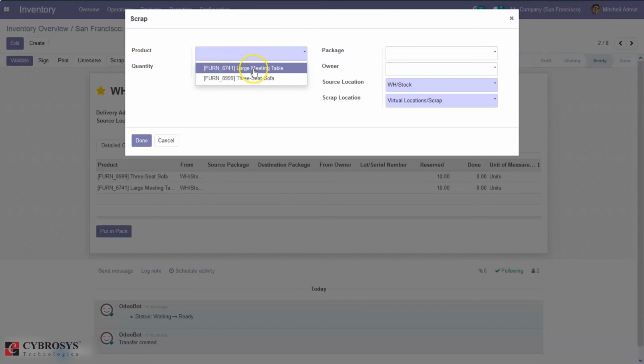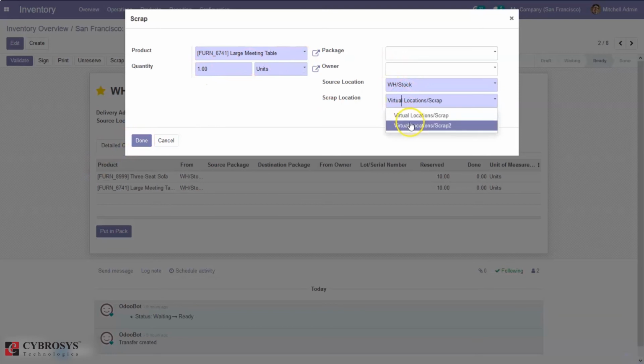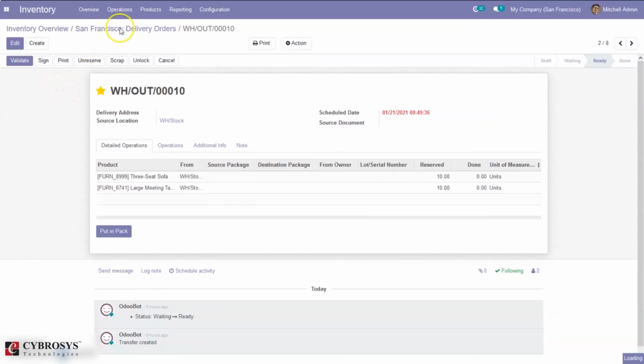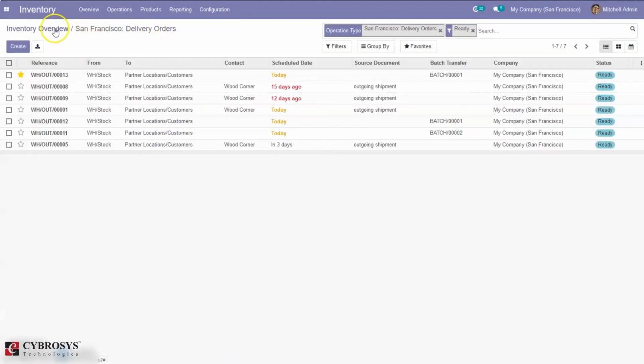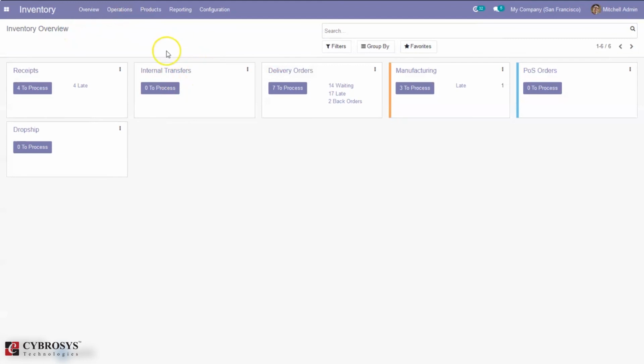You can select the product; in our order line we have 2 products, so you can select the damaged product, mention the quantity, and move it to the scrap location. In the same way, we can do this for internal transfers also.